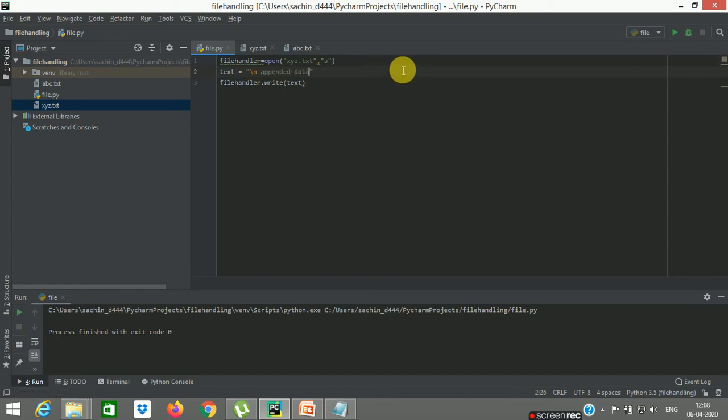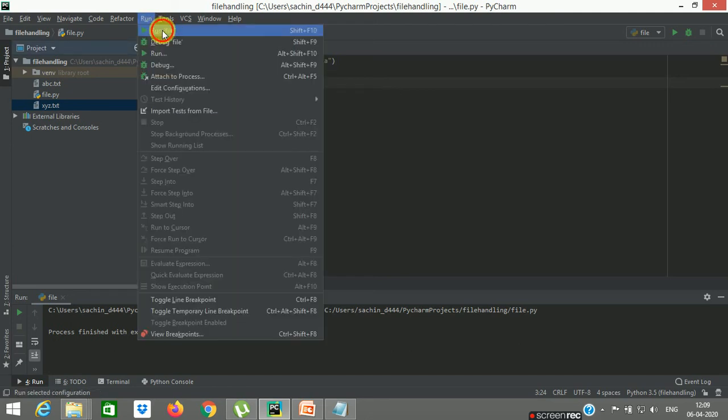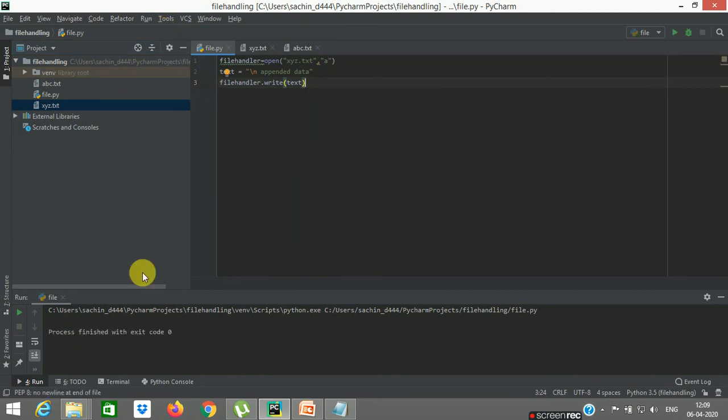right? Now let me run this file. Append is also one kind of write operation, so we are not going to change the function, it is the same. Let me run this file and check what happens. So it is running successfully. Let me open this file.